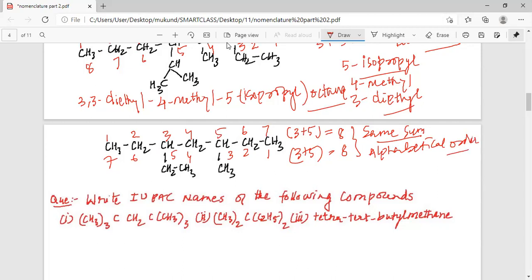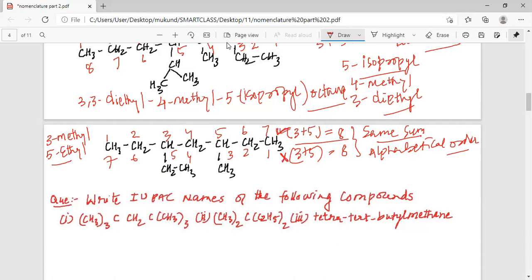And thus, my dear students, by following the alphabetical order, we may have, on third carbon, a methyl group, and on fifth carbon, an ethyl group. So this way, my dear students, we can give preference to the ethyl, and it should get the lowest number, and that is why we will follow this kind of numbering, and this we will not prefer.